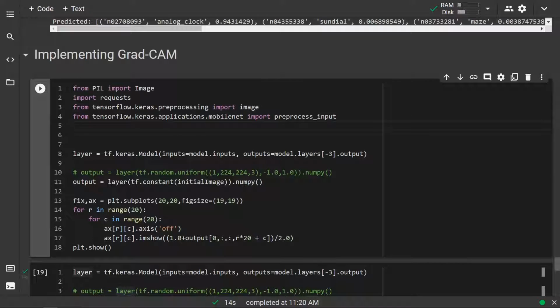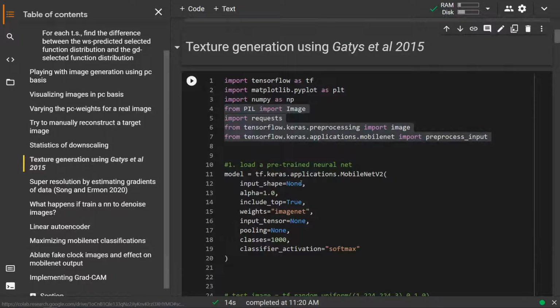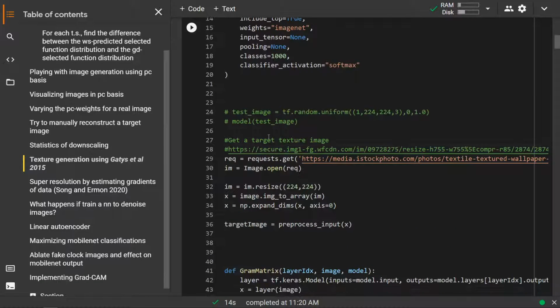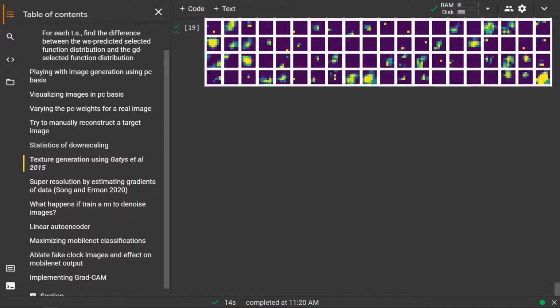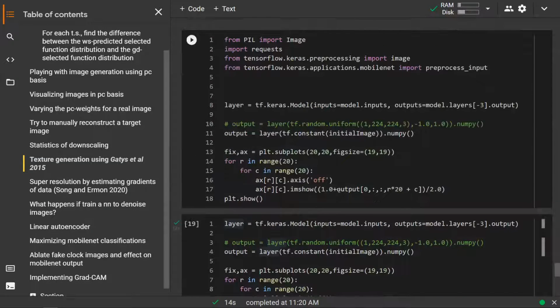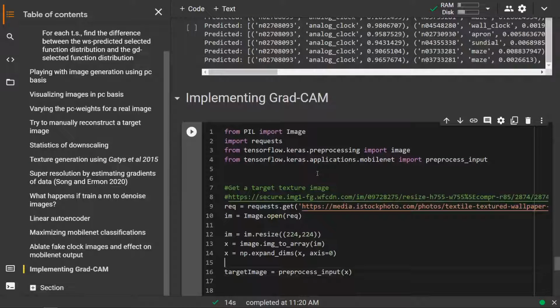Okay, so that, and then the other stuff I needed, which was this. Yes. Okay. That one. Do that. And,